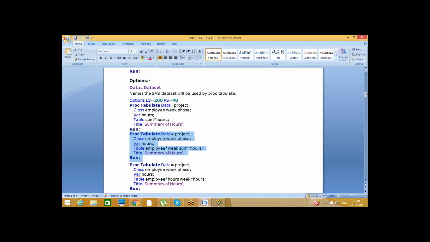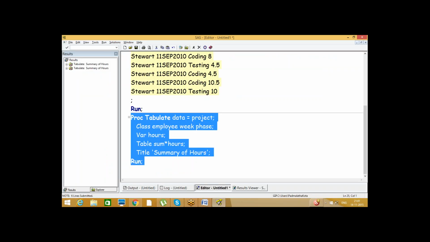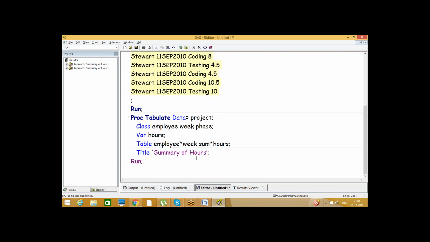Okay. So now in the class statement, I am mentioning my employee, week, phase. Whenever I am mentioning a variable in the class statement, only then can I use it in the table statement. Otherwise it will not work. For example, employee I am taking from the class statement, but I am using the same variable in table. So now if I run this program,